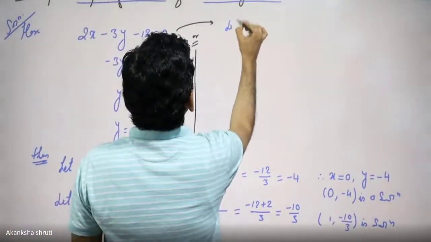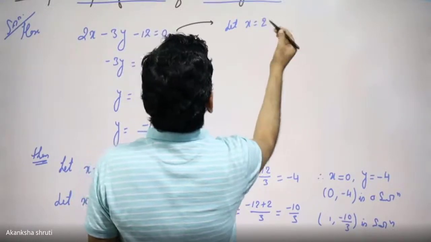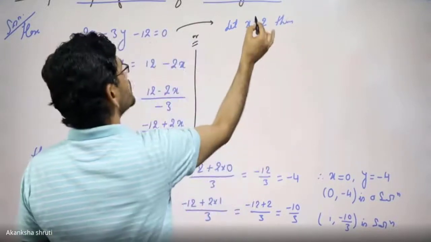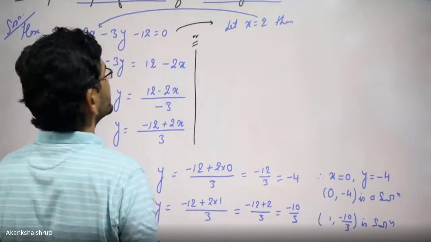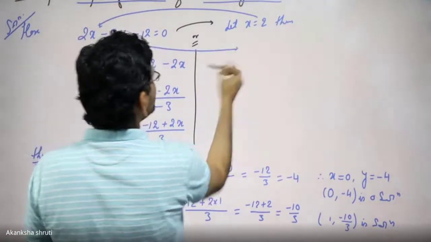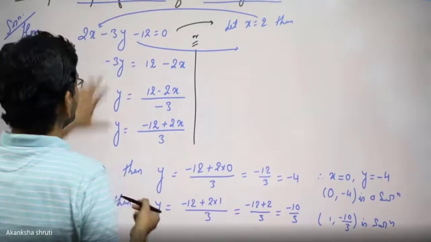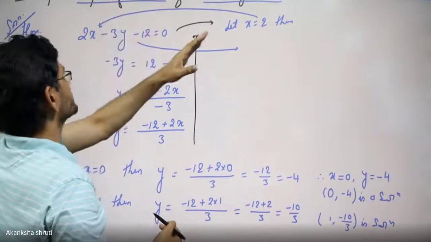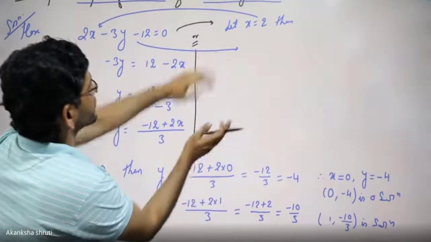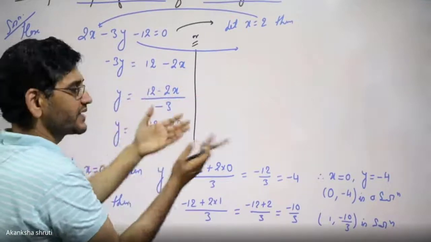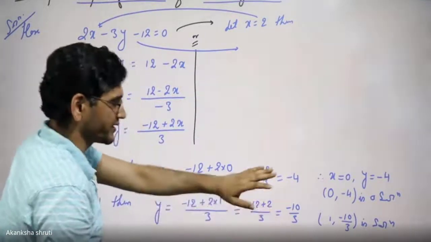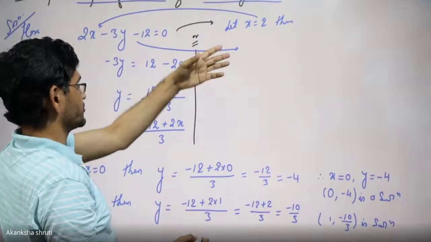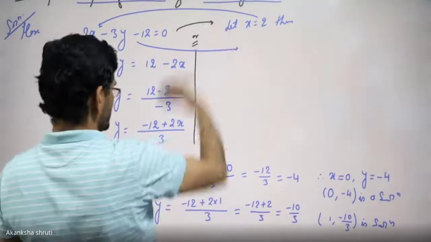So students, let x equal 2. We may choose the negative value also. Then, student, this 2 I am going to substitute in this one, and then I am going to simplify it here. Means if we have not rearranged, then we have to substitute it in this equation. Then we have to find it. So even without rearrangement, we can also get it. But if you are rearranging, the calculation becomes easier for y. That's why I had added y. But even without rearranging, we can get it. I think this might have been explained in your school also, or even in our book also. Both the methods are present.